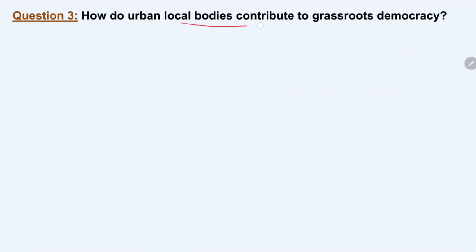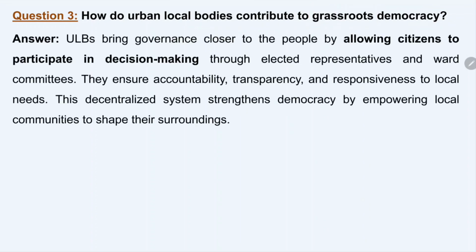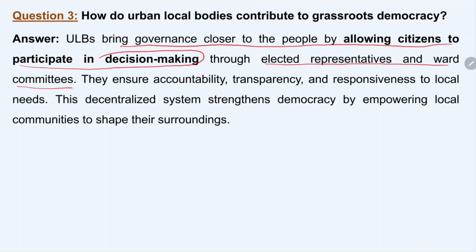Next, how do urban local bodies contribute to grassroots democracy? So how do these urban local bodies contribute to grassroots democracy? Grassroots democracy from the base level, isn't it? From that very foundation. So let us see how they contribute. Urban local bodies bring governance closer to people by allowing citizens to participate in decision making through elected representatives and ward committees. So these urban local bodies are a decentralized institution of governance, isn't it? So that is why it is bringing the citizens closer to participate in the